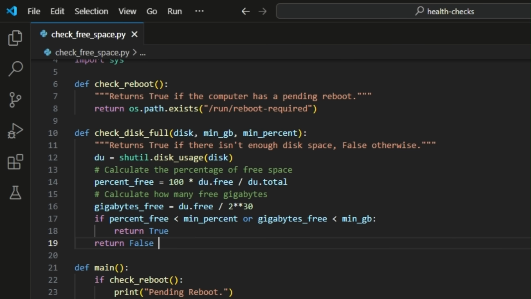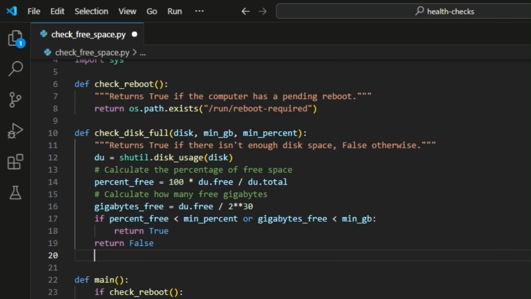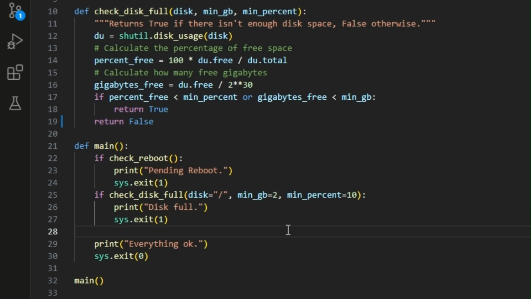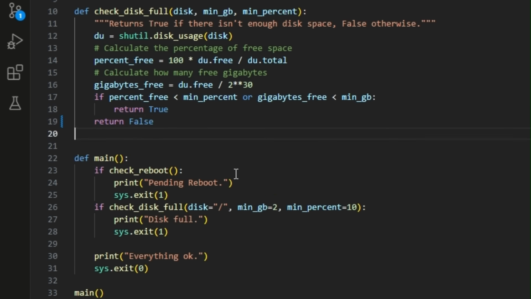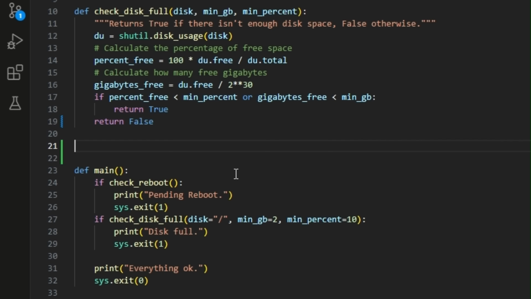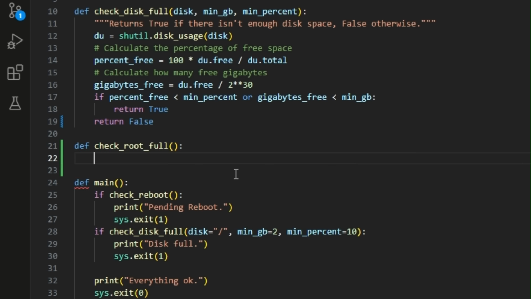We'll do it step by step, making each commit self-contained. The first thing we'll do is create a function that checks if the disk is full without any parameters, so it matches the pattern. This new wrapper function will pass the right parameters for us. Then we'll change the code to call this function instead. We'll also change the error message to something more accurate.